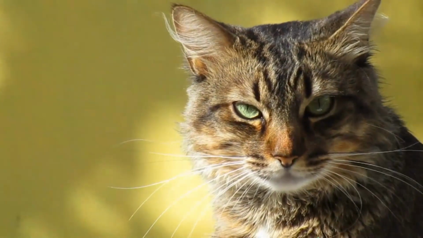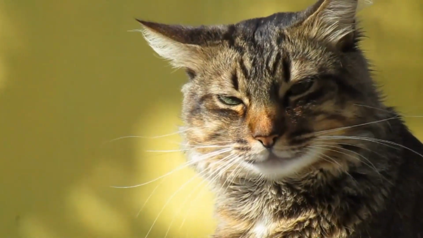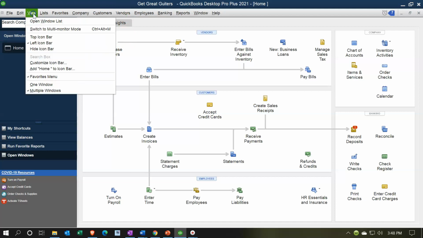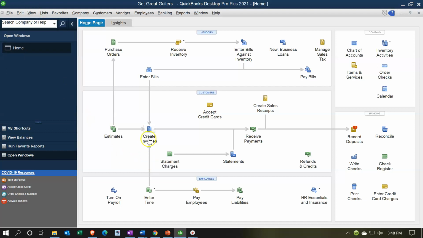Let's get into it with Intuit's QuickBooks Pro Desktop 2021. Here we are in our Get Great Guitars practice file homepage. We currently have the open windows open. You can open the open windows by going to the view dropdown and selecting the open windows list. We're going to be creating an invoice. We're going to be populating that invoice with the billable items feature that was used when we created a bill